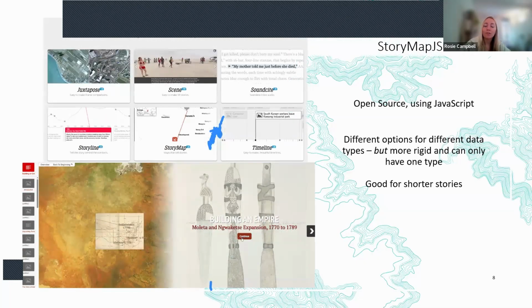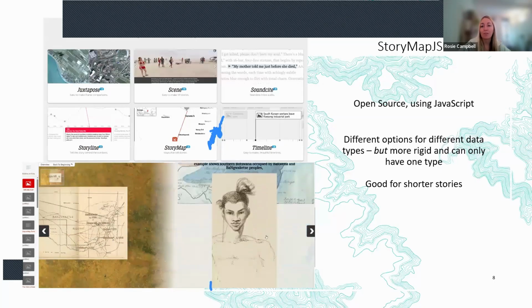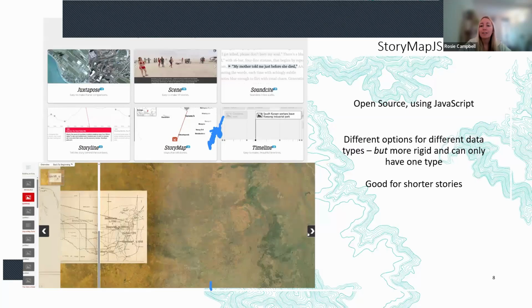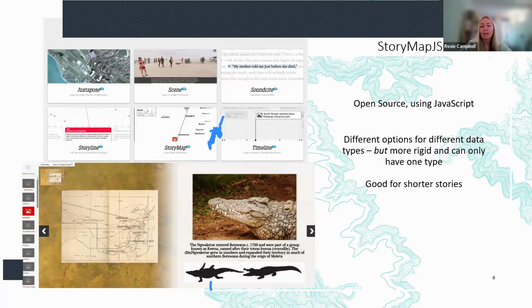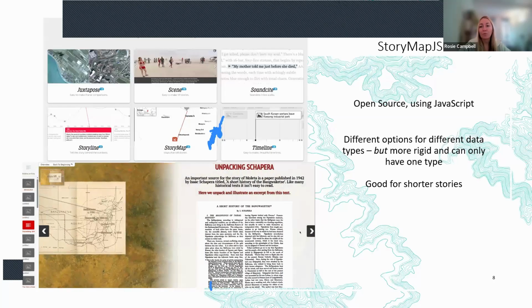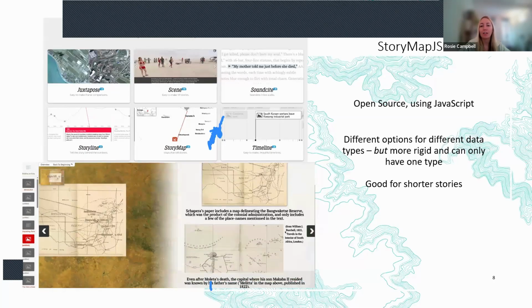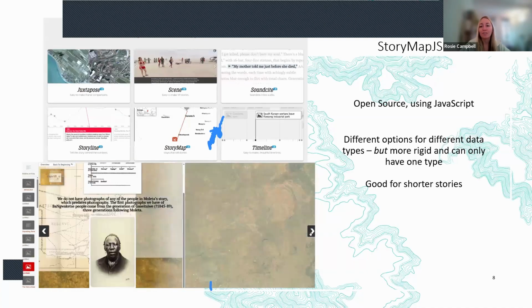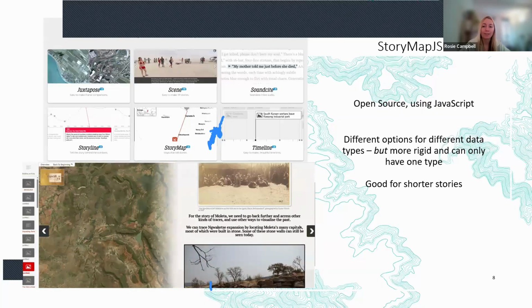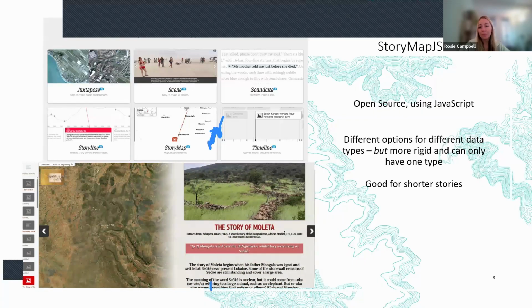The second open source one is StoryMaps.js. It's a tool that was built by Northwestern University, and it focuses on specific narrative arcs. So unlike ArcGIS, it focuses on more of a linear sequence of events. It's perfect for something like the journey of an artifact. So, I don't know, following a looted statue from its find spot or area, giving it context, and then moving it towards its final destination in a museum somewhere.